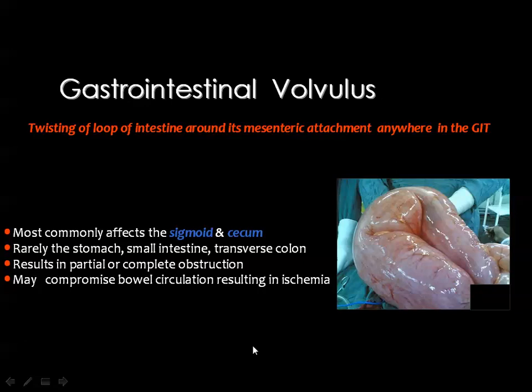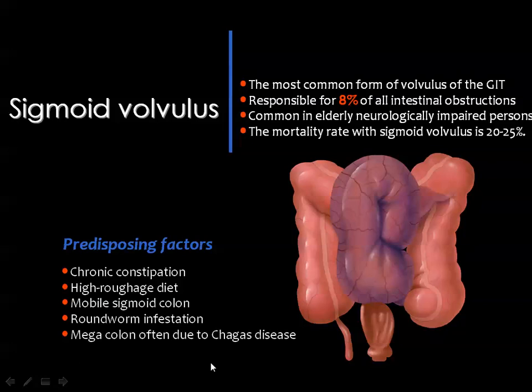gastrointestinal tract. However, you remember that volvulus may affect the stomach, as we have discussed in the subject of gastric imaging, and sometimes you get volvulus of the small bowel. I will discuss this once more in the cases of peritoneal imaging, and this volvulus may result in complete or partial obstruction and may lead to compromise of the blood supply, resulting in ischemia and gangrene, hence perforation and too